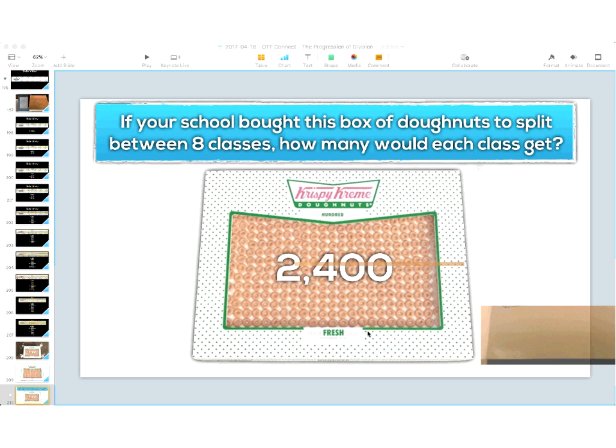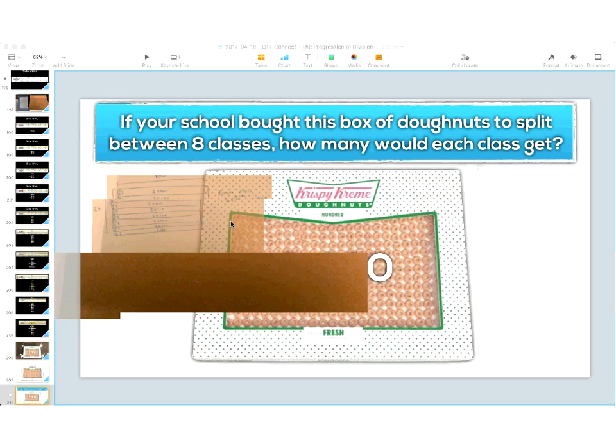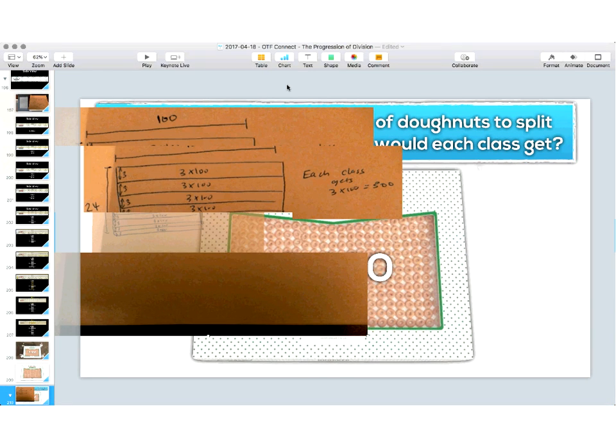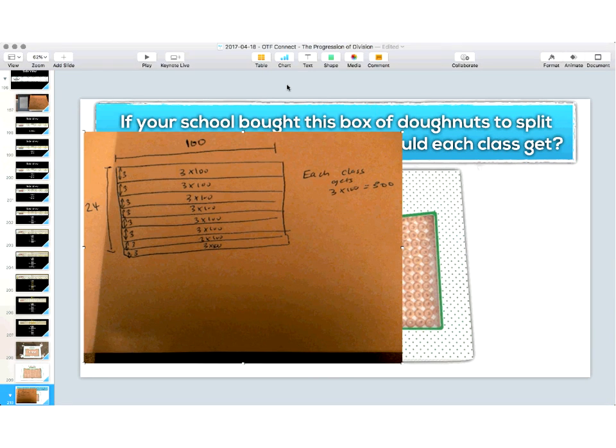Here's a couple images according to what you folks saw. So I see a very interesting strategy here. We're going with 24 by 100. So they're making a new grid, almost like they're rearranging the donuts in their own way, not sticking to this idea that they have to be organized the way they are currently. I could take them out of the box and rearrange them however I want. That's a pretty cool strategy. I really like that.